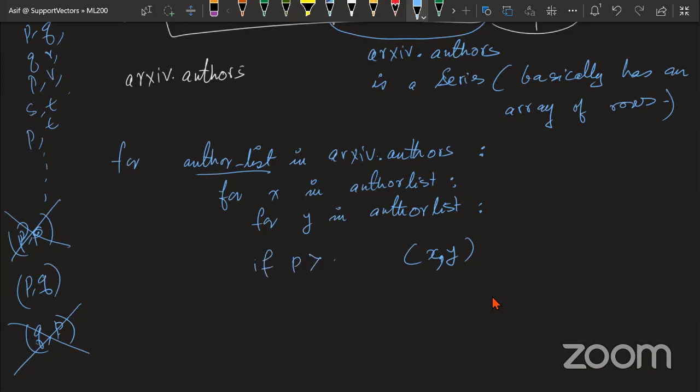So one easy way to do that is if you put a condition, if X is greater than Y. What happens is X and Y are strings, right? These are P, Q, R, S, T, these strings. These are author names. So when will X be greater than Y? It will have to fulfill both these conditions: it is not itself, and secondly, in terms of alphabetical order, right?